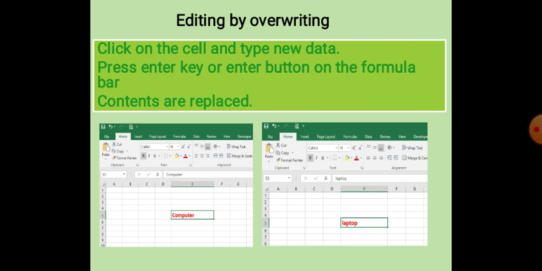After that we press the Enter key or Enter button. The Enter button is located on the left side of the formula bar and we will see that the content will be replaced. See in this example, first the word computer was written in the cell. After that we clicked on it and typed laptop and pressed the Enter key, and the word laptop replaced the word computer. So this is overwriting.